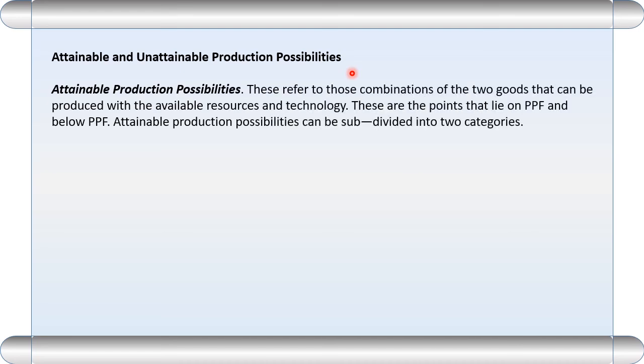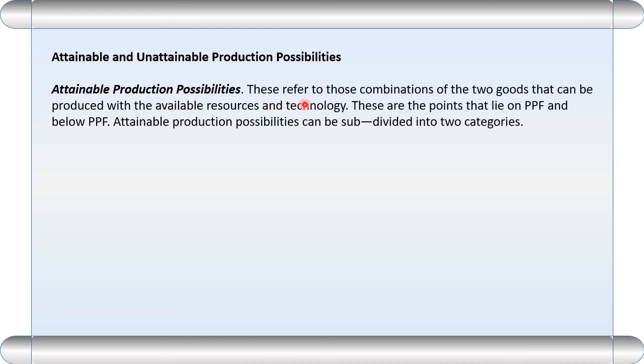Listen, we know that the production possibility curve means what? Different options of producing two commodities. It's called production possibilities. So now we will discuss attainable and unattainable production possibilities. Before going for the production, we determine the options. If we are in the position to attain the options, it is called attainable. And if the options, because of inefficiency, are left unattained, they become unattainable. Try to see the meaning.